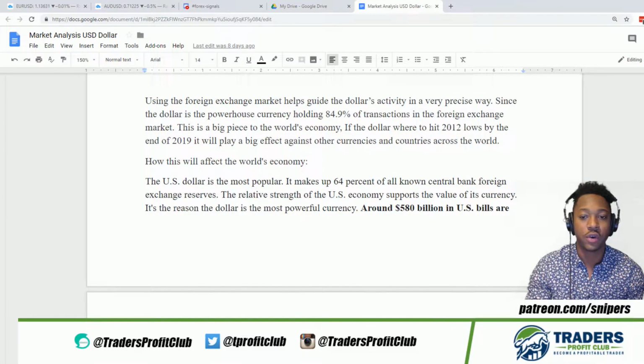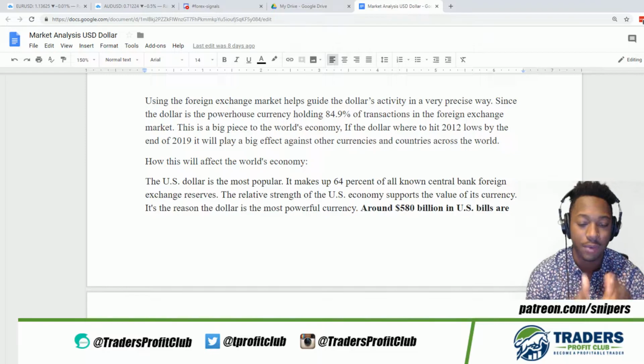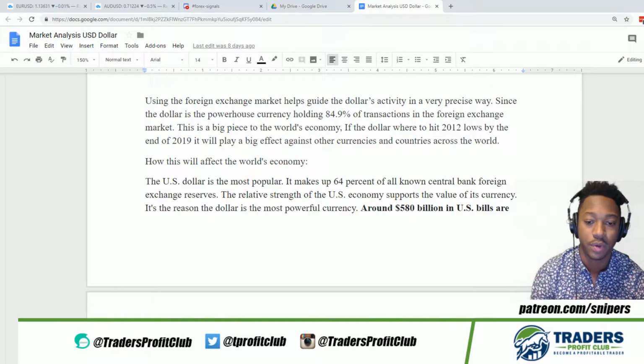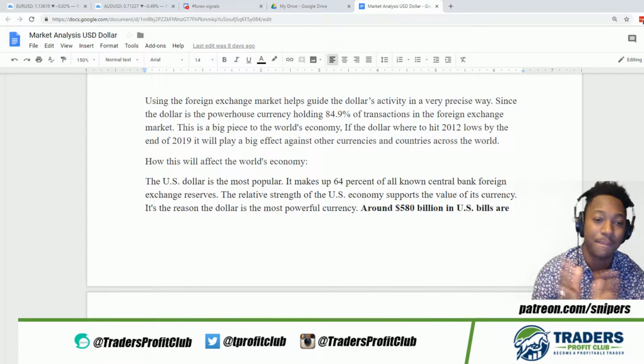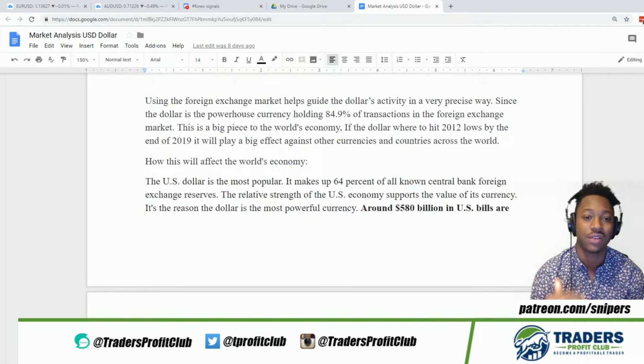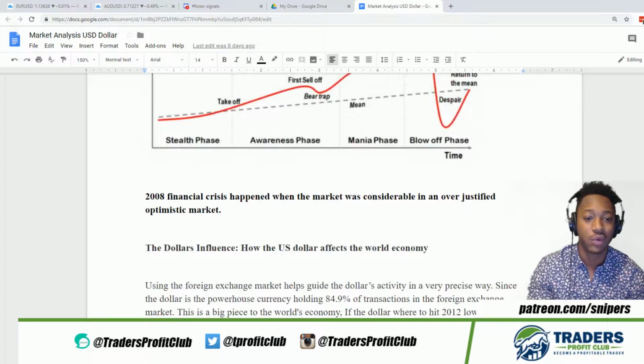So we're going to talk about central reserves today. We're going to talk about Federal Reserves. We're going to talk about central banks, how they influence the markets, how corporations influence the markets. I'm going to talk about a lot of fundamental things that have a huge thing to do with price action, but it's kind of the backside of it. So I want to show you guys exactly what I mean here. So that being said, we're going to go straight into it.